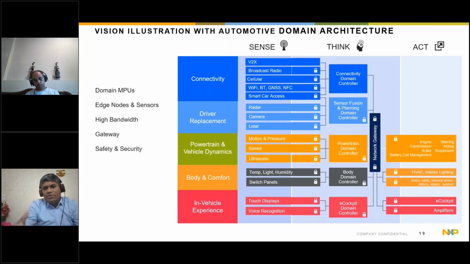Or you have processing, where you could have processors, microcontrollers, and also specialized domain controllers and gateways. Then finally, there will be something which is actuating, after you have taken a decision through the processing, you have to actuate it, where you have basically engine, transmission, whether we talk of automotive. This is an example from automotive. So doing some stuff on the AC or the lighting of the car, those are actuations which are happening.